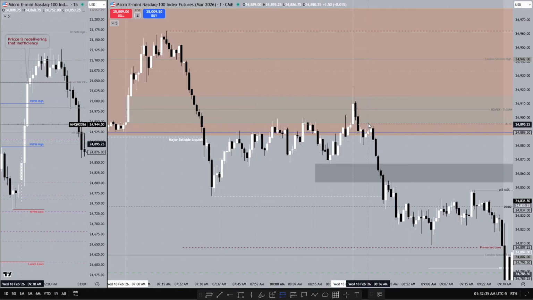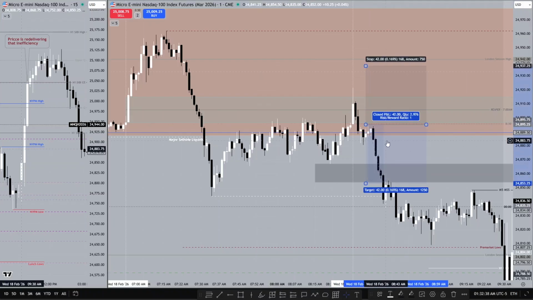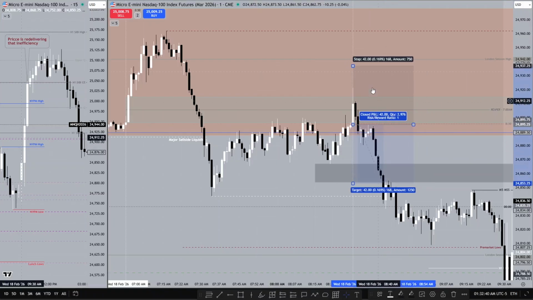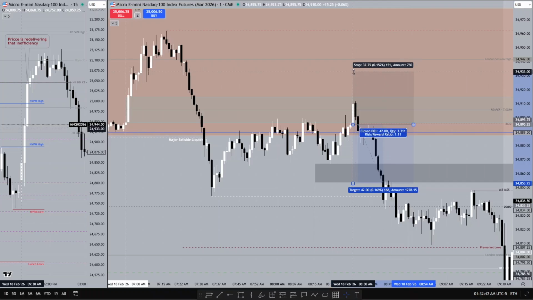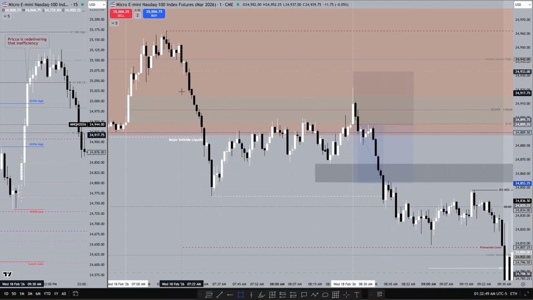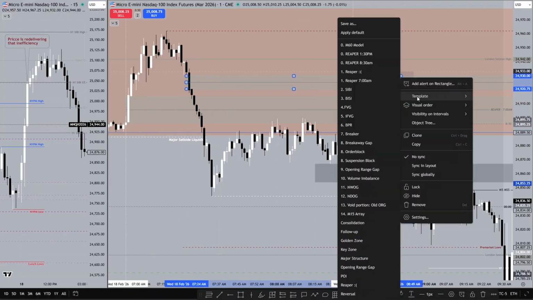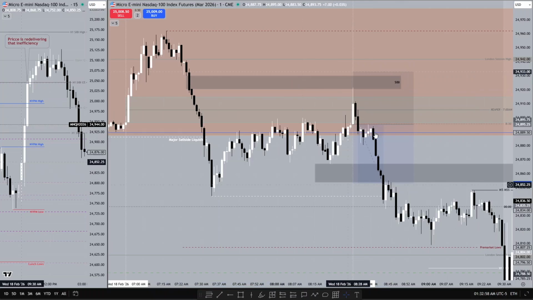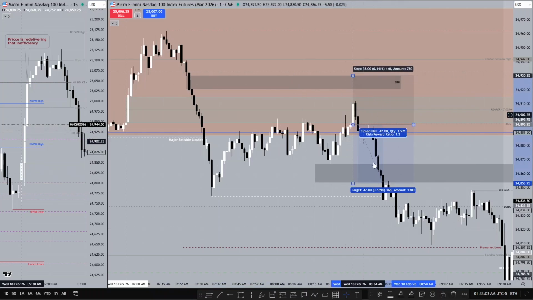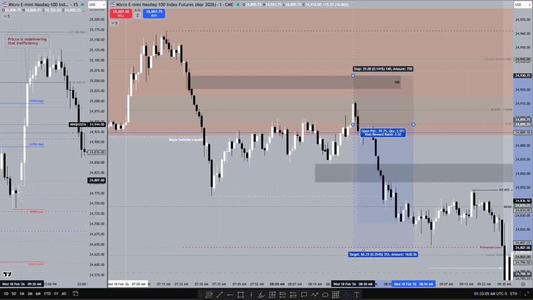An entry on the low of this inefficiency. Again, I'm talking now in hindsight. I was not active in pre-market, and I think the stop loss would be safe above this array. So we have the sell side balance here, which actually sweeps liquidity. So it's a valid sell side balance by an inefficiency. So stop above that level rounds up to 35 handles, and targeting the London session lows brings that trade to